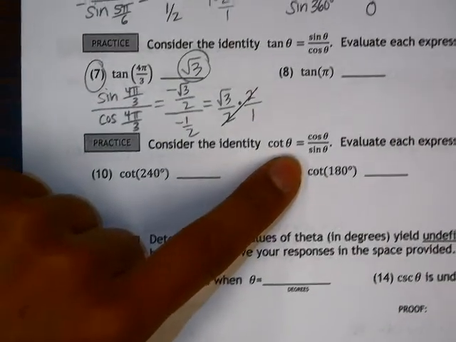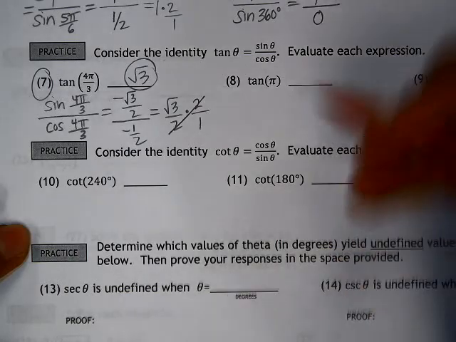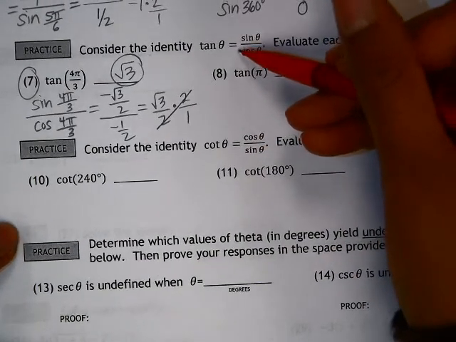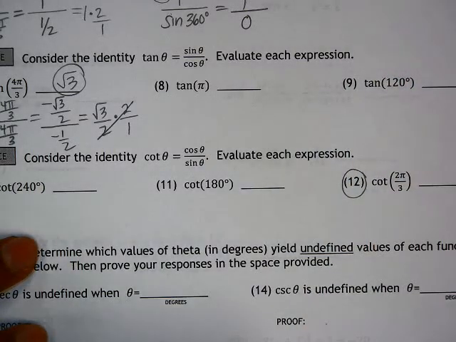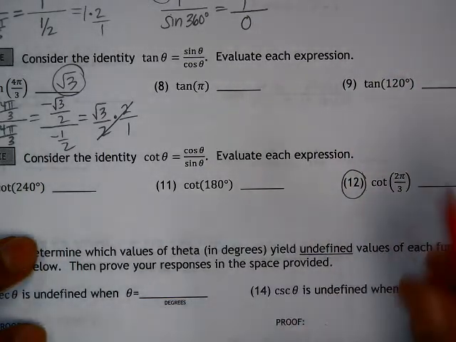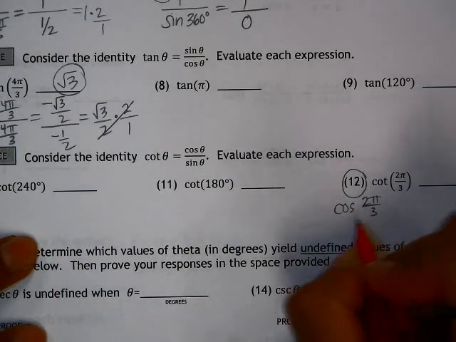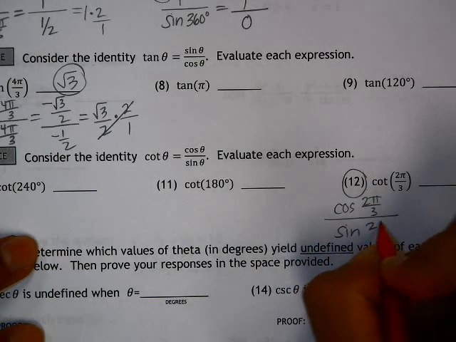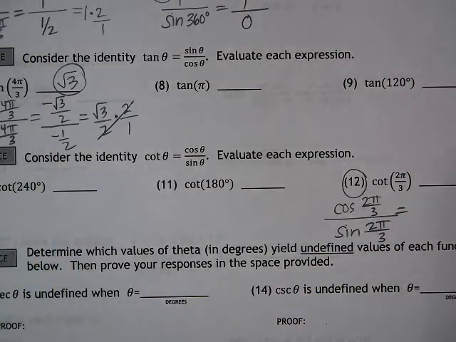So the fourth trig identity on here is cotangent. Cotangent is cosine divided by sine, which is the reciprocal of tangent. Let's look at number 12. So cotangent 2 pi over 3 is equivalent to cosine 2 pi over 3 divided by sine 2 pi over 3. So at 2 pi over 3,